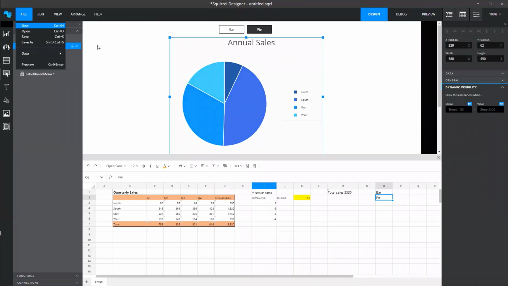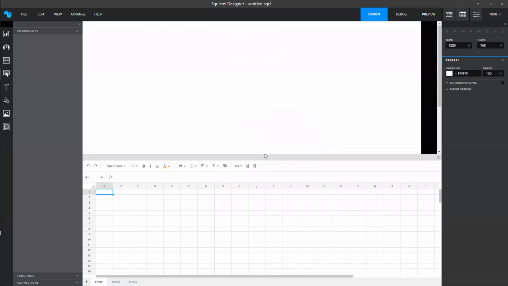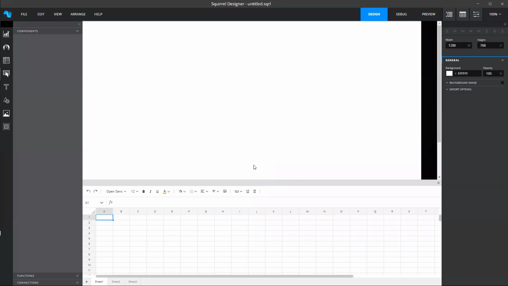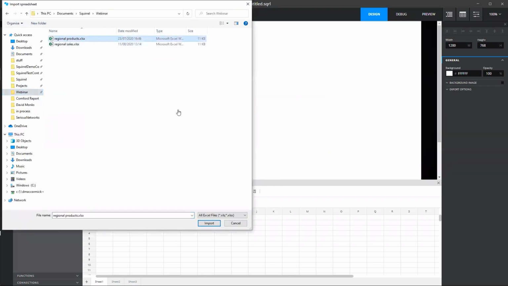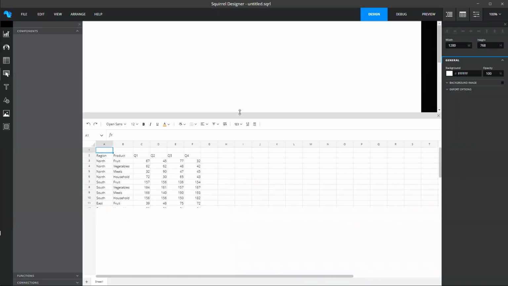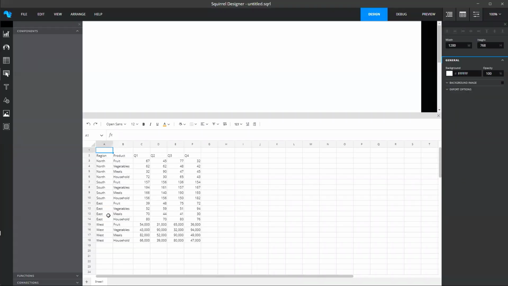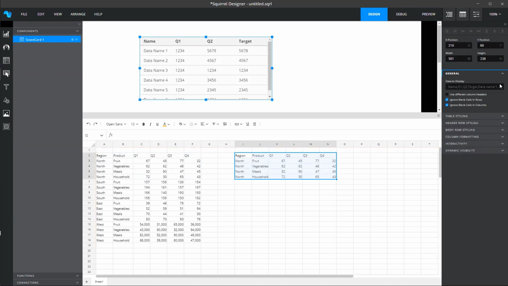But then obviously there are many other things that you would normally do in Dashboards or Xcelsius. And so we're going to go a little further with another set of data here. We come back to my webinar directory and take regional products. So what I've got here is a set of data that I'm going to filter. Obviously the data I had before was just that data being rendered in visualizations and then manipulated. But here, if I copy and paste this over here, what we're going to do is take this region here, and I'm going to visualize it just as a table.